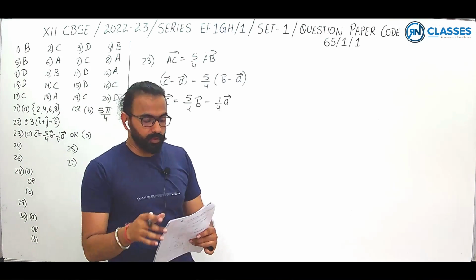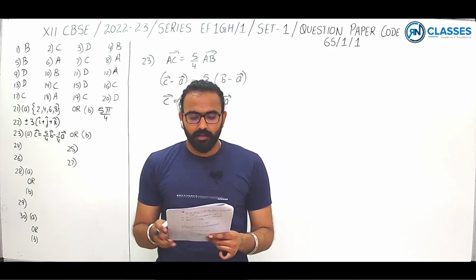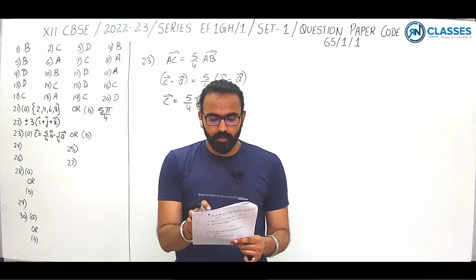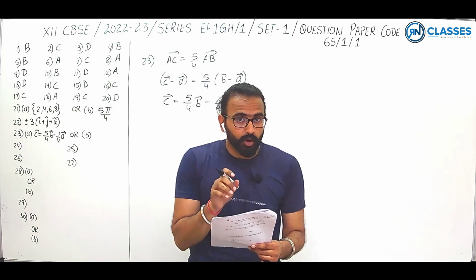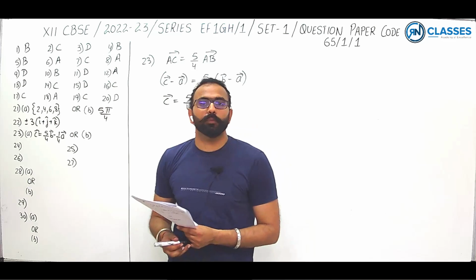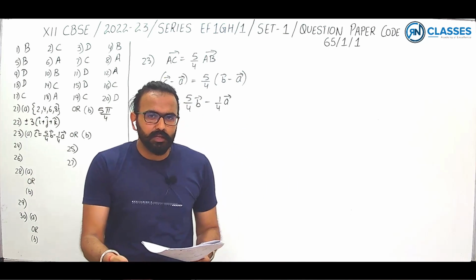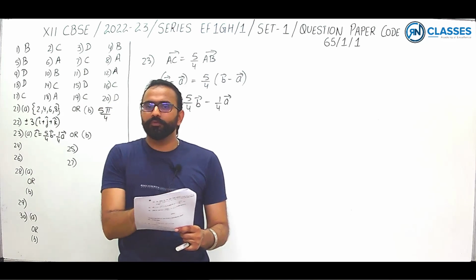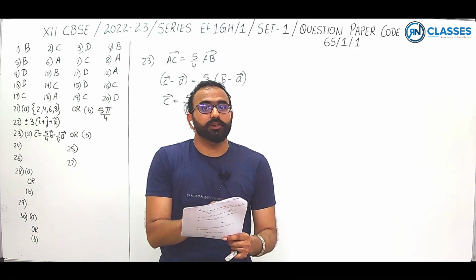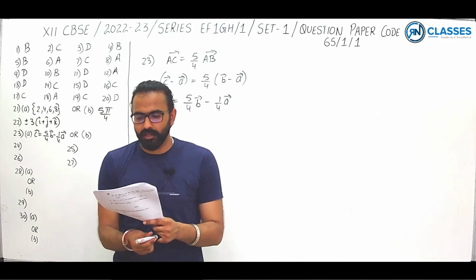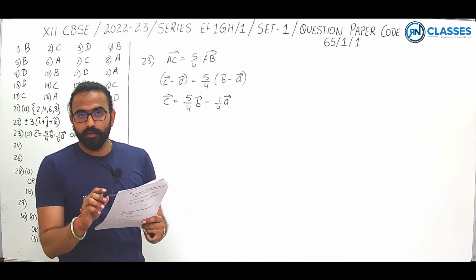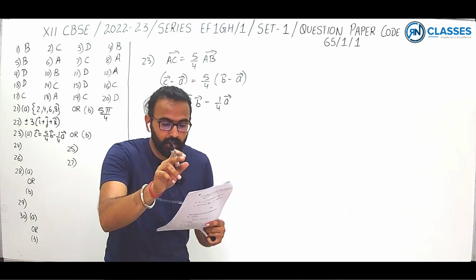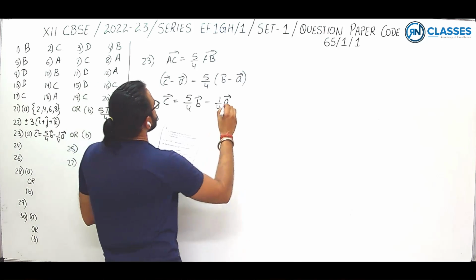Now passing on to its second part, let us check whether the lines given by the two equations are perpendicular to each other or not. In order to check whether the two given lines are perpendicular to each other or not, we need their direction ratios. In order to write direction ratios, first of all we need to write the two equations in their standard form. Standard form में लिखने के लिए, अगर आप ध्यान दो, from the very first part we can write x in terms of lambda, हमें given है. From there we can write